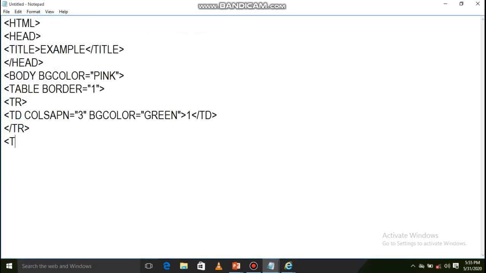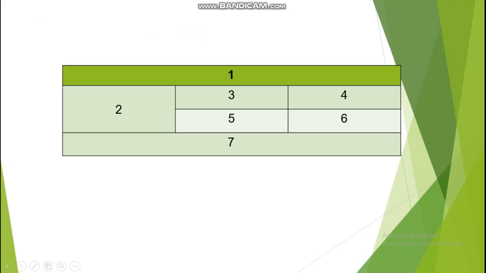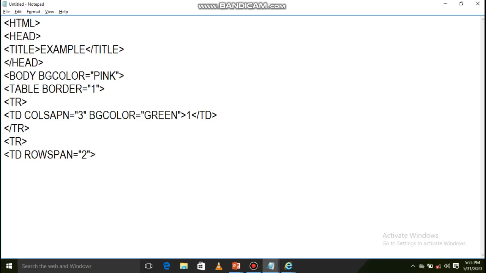Next again tr, inside this td, rowspan is equals to 2. Why rowspan 2? Because if you observe here, in this particular column 2 rows are merged, so that's why rowspan is equals to 2. Inside this you need to write 2, td close.